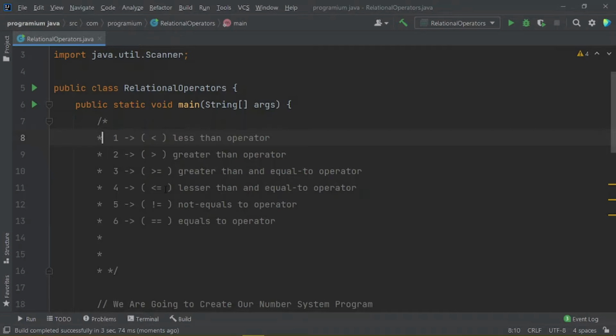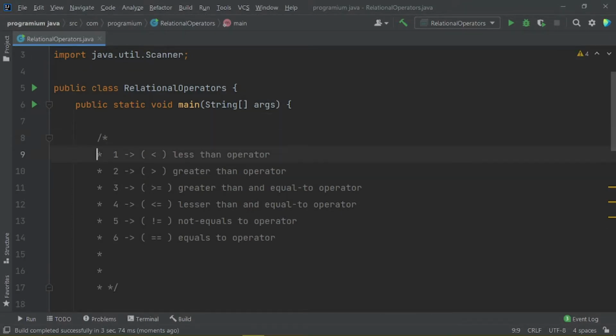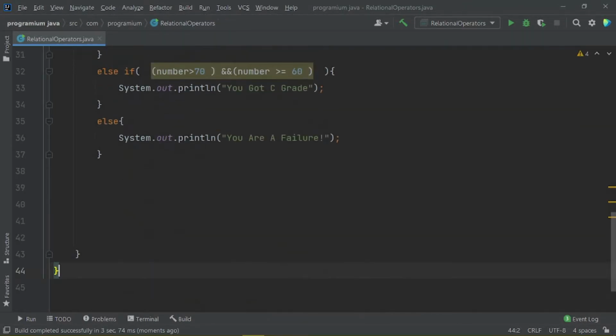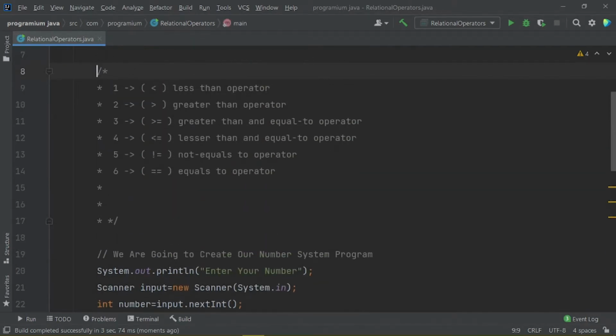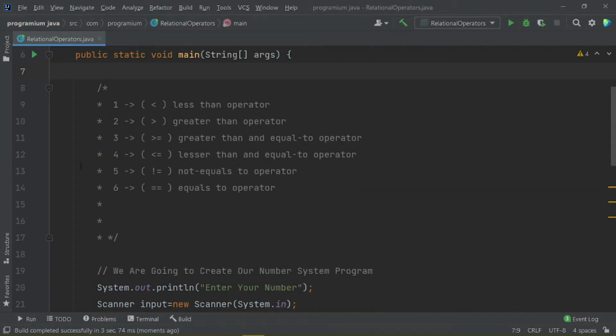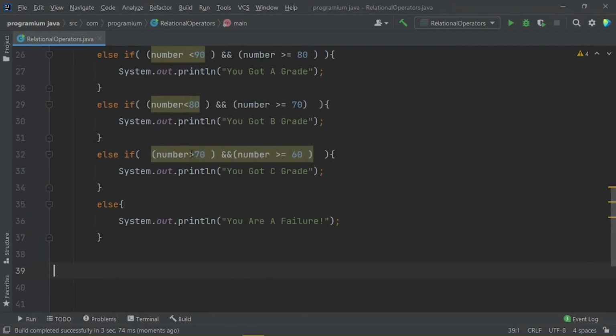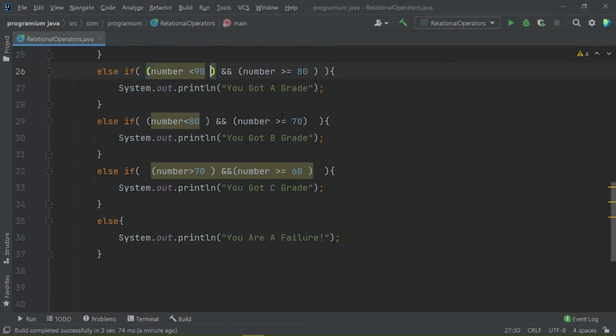So these are relational operators, and this is the way we can use and implement these relational operators in our Java applications. So now we have used less than operator, greater than equals to, and of course lesser than equals to would be the same as this greater than equals to.